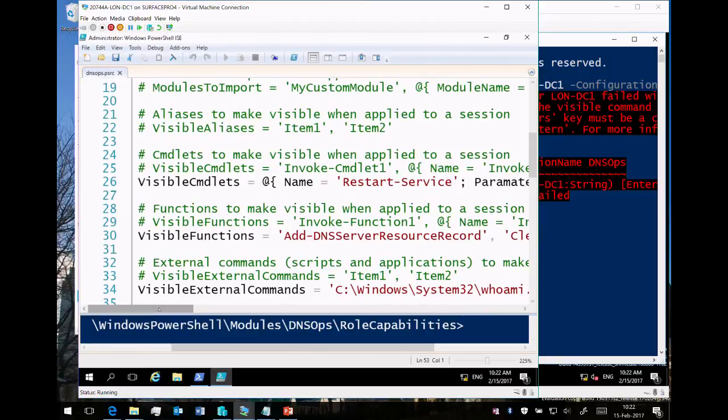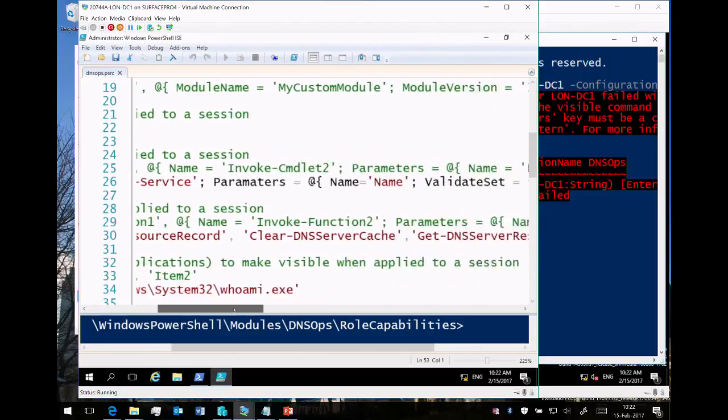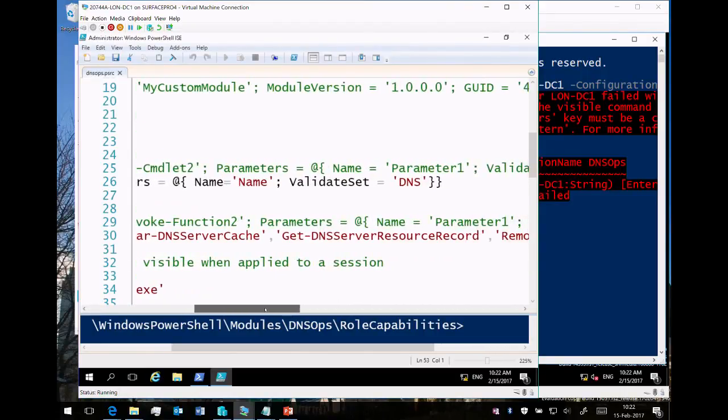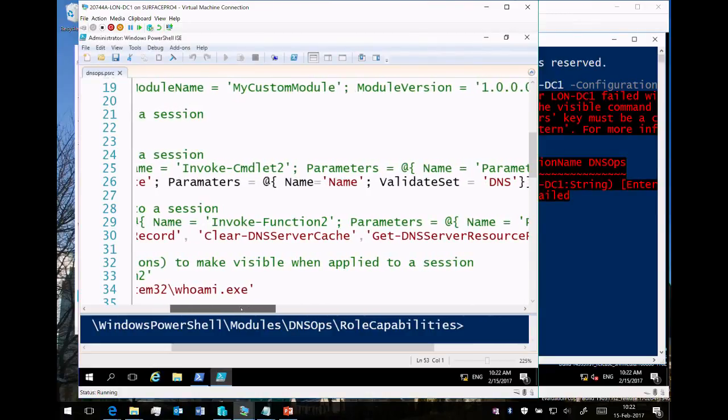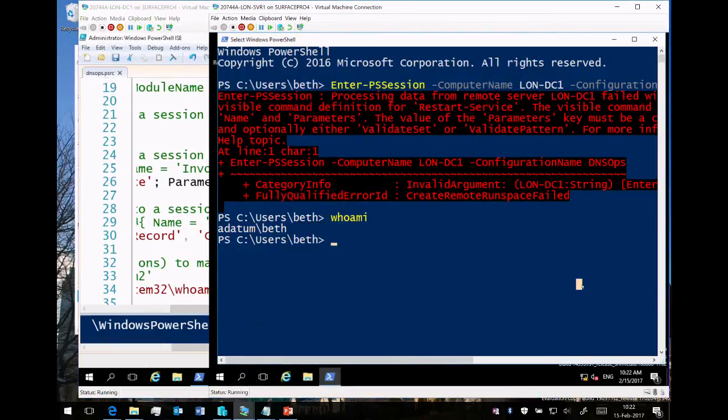Line 26. Go back. Did you say it? No. What did I miss? Sorry. This is why you'll get a copy of these that you can copy and paste and not have to